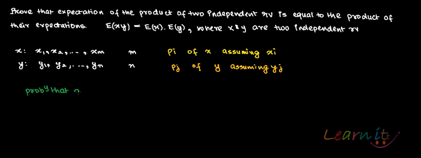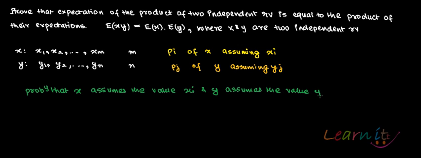That x assumes the value xi and y assumes the value yj at the same time is given by pi pj. It is given by this. Now in that case, E(xy)